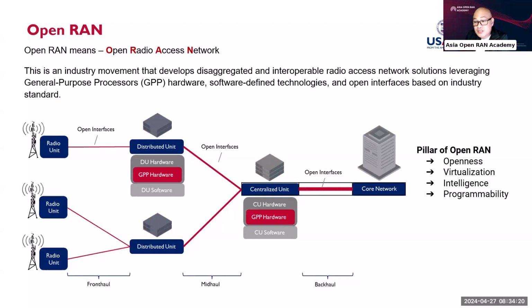So we call it general purpose processors. At the same time, there are what we call software defined technologies, where you can configure the capabilities of your RAN through software definitions. So it's easier for you to upgrade the capacity or to modify or program the capabilities of your